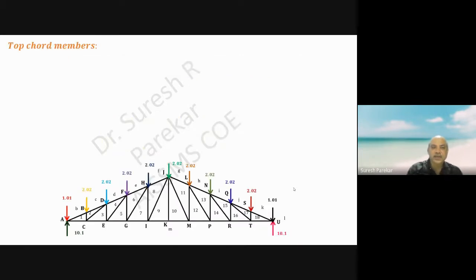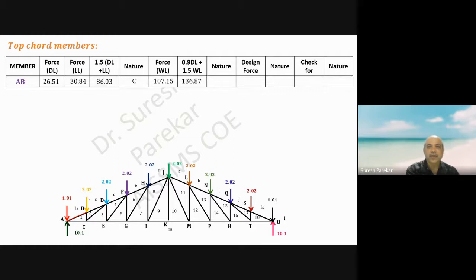So you can see, if we look at which are the top chord members, we have the first top chord member, that is AB. Now, what is the force in AB? So you can see we have the force in AB. I will talk only about the design force and the force for which we have to check the member, because two forces we have already seen in this table. For maximum we have to design it, and for minimum we have to check it.